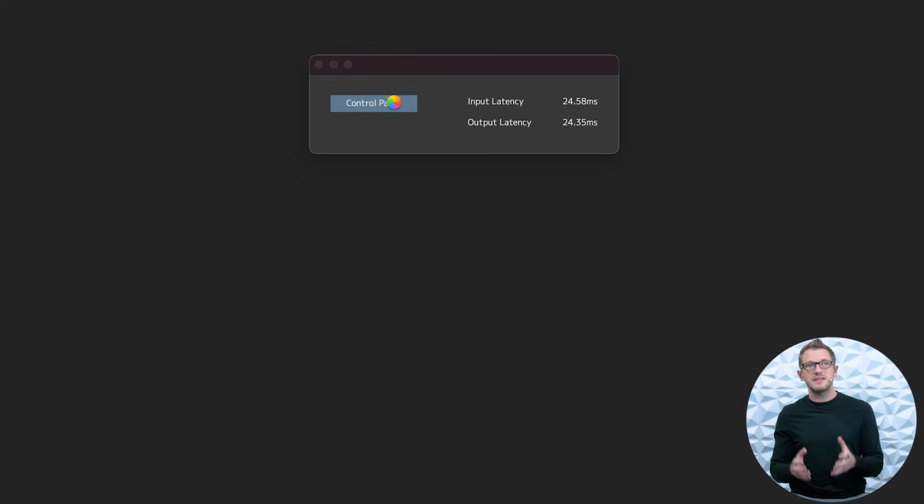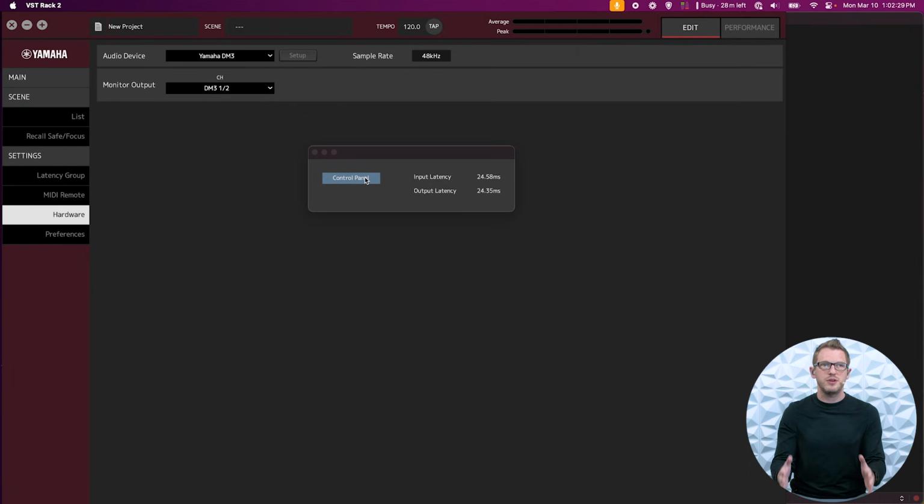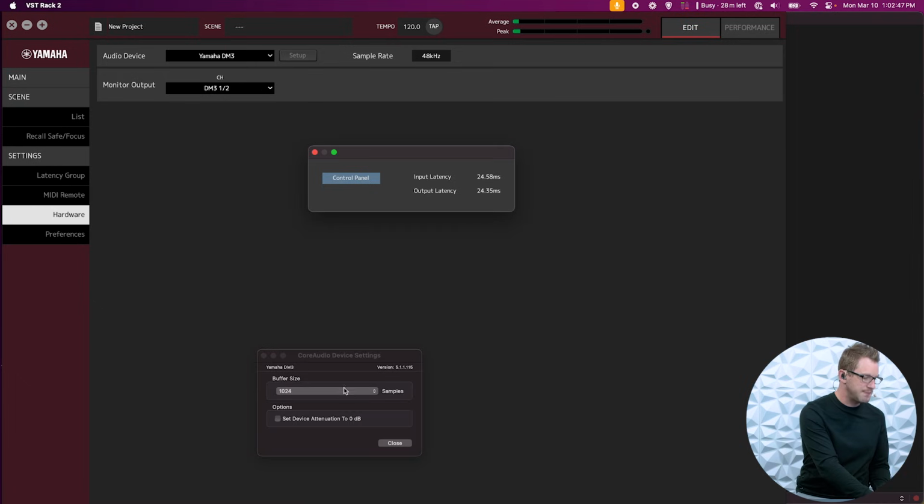So if you're using this in a broadcast situation where you are pairing up your output of your DM3 along to video, then having a longer buffer size is fine because audio is typically ahead of video. Video is a little bit more latent as it goes through all of its processing. Now, if you're using this live with maybe a monitor situation, then you need to be using the shortest buffer possible. Now, when you are using the shorter buffers, it is going to require a little bit more CPU processing